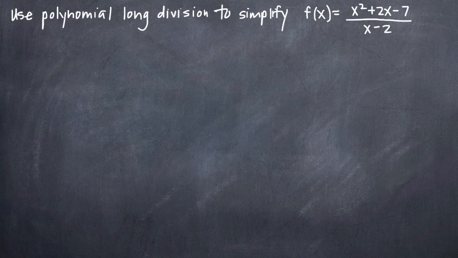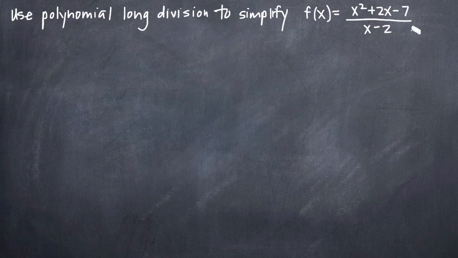In this particular problem, we've been asked to use polynomial long division to simplify the function f of x equals the quantity x squared plus 2x minus 7 divided by the quantity x minus 2. The first thing we need to realize is that we're dealing with a rational function, and remember that a rational function is the quotient of two polynomials, meaning we have a fraction with a polynomial in the numerator and a